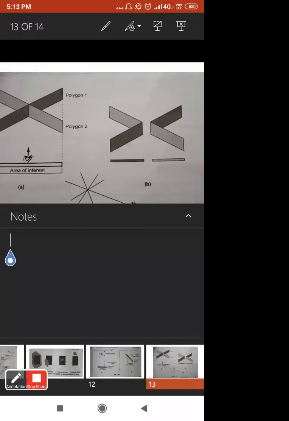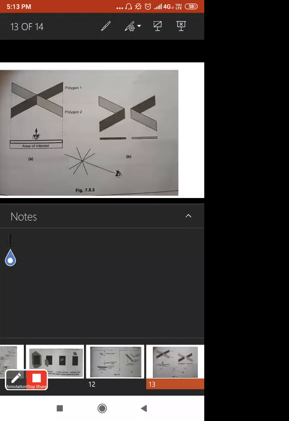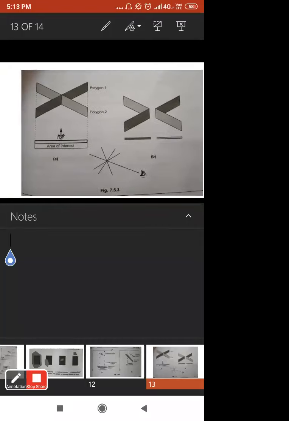So this cutting of this particular portion of your polygon is nothing but area subdivision. The area is subdivided here, so it is called the area subdivision algorithm. So you get it? That is what Warnock's algorithm or the area subdivision algorithm is.